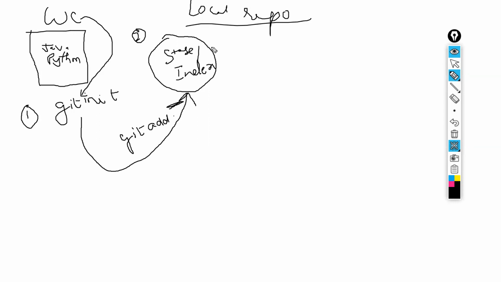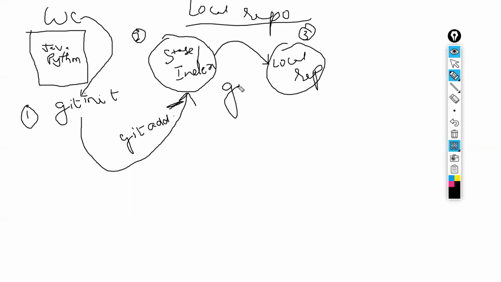So from staged area, if we want to send it to the local repository. So the third one is local repository. So from staged area to local repository, we have a command called git commit.